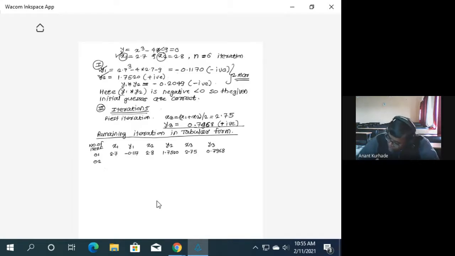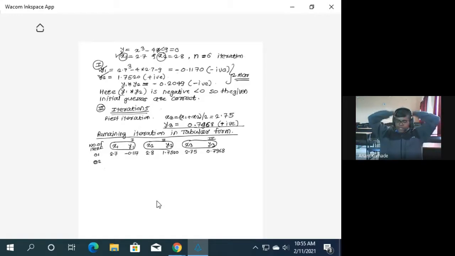Now if we check, this is one pair, this is the second pair, and this is the third pair, the new pair. So this is pair number 1, pair number 2, pair number 3. Now without checking the product of y1 and y3 and y1 and y2, we can easily understand. See how. For first, again remember, this is very important.